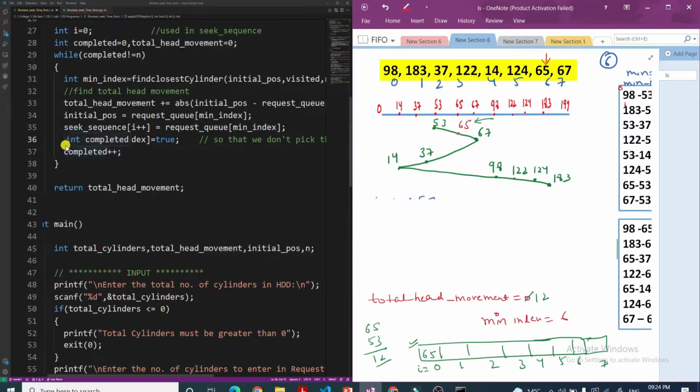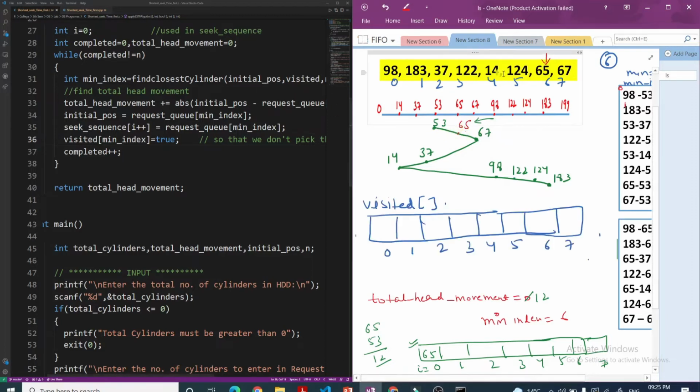Now here you can see we have taken a visited array, and I'm saying the sixth index of the visited array should be made true. I have created an array of total size n, containing indexes from 0 to 7, and I'm saying this 65 has now been serviced. In the next iteration, I will not find the difference from 65 to this 65, because 65 has been serviced, so it should be out of consideration.